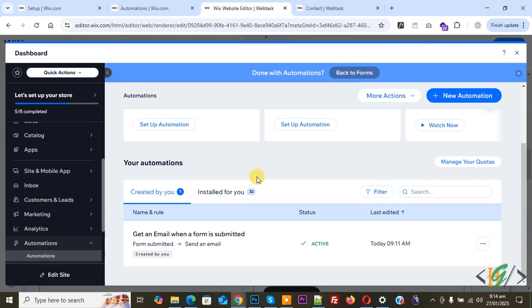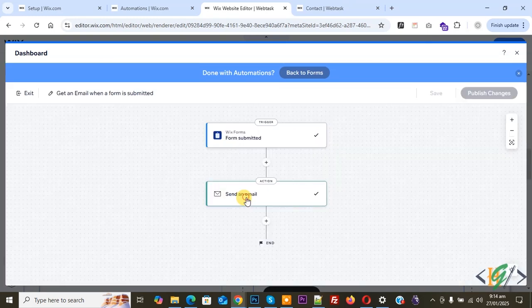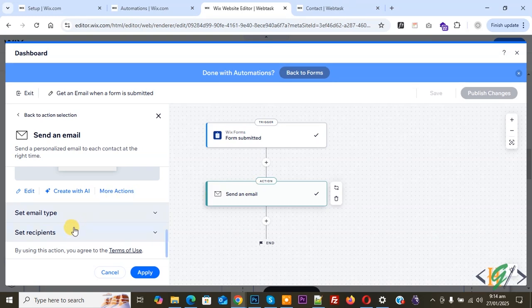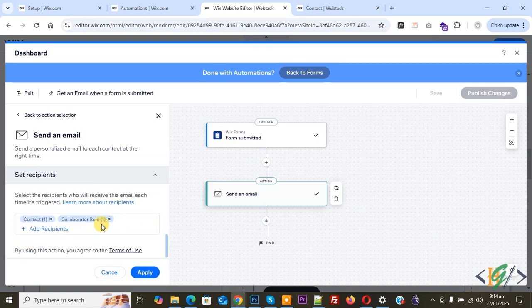So we are in form automation again. Click on it and then click on edit, click on send an email, and then click on set recipients. Now you see we edit. So you can add